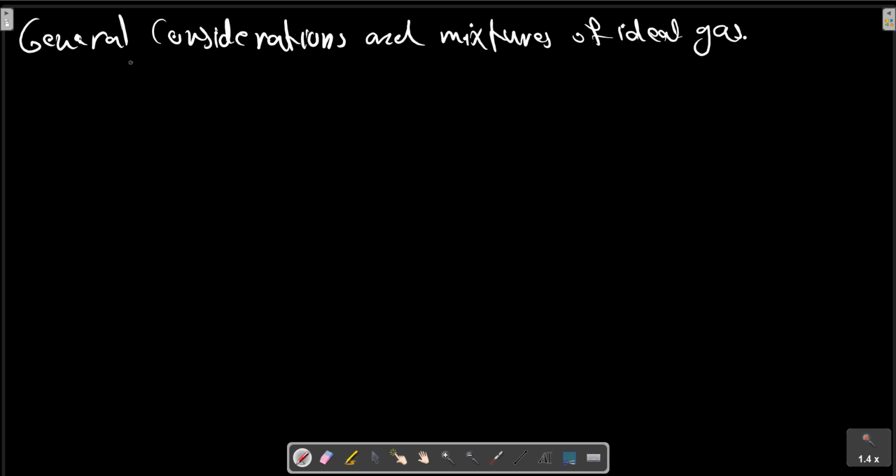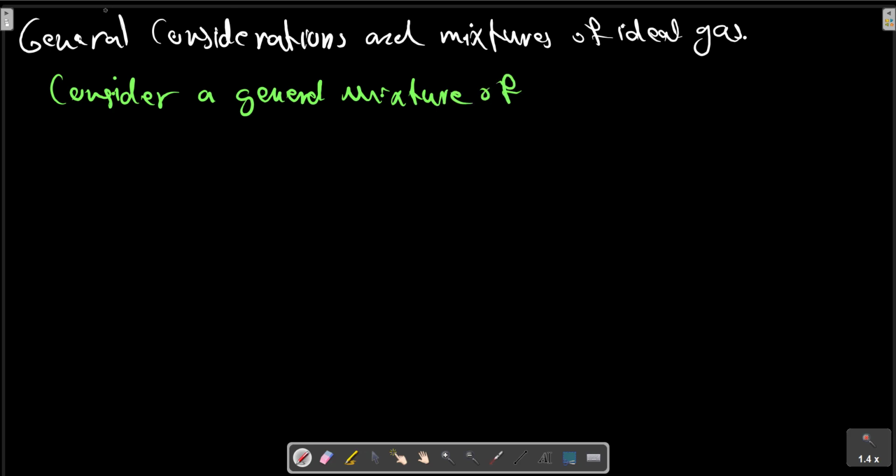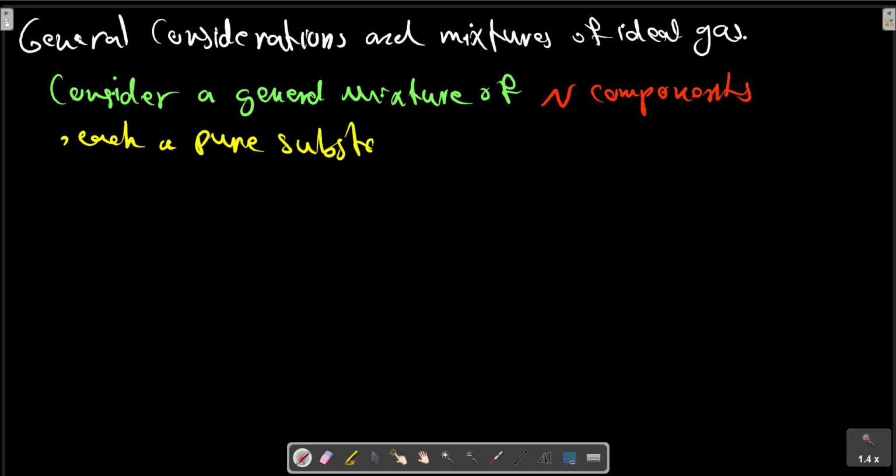Let us consider a general mixture of n components, each a pure substance, so the total mass and the total number of moles are